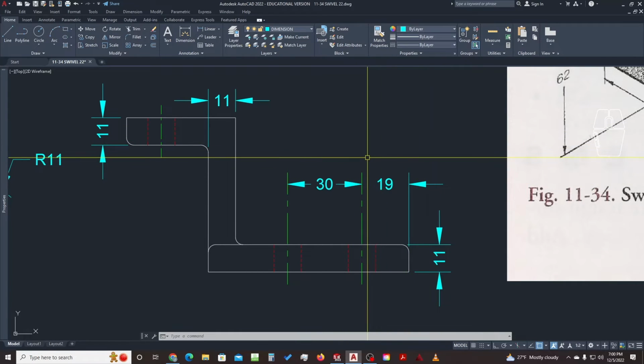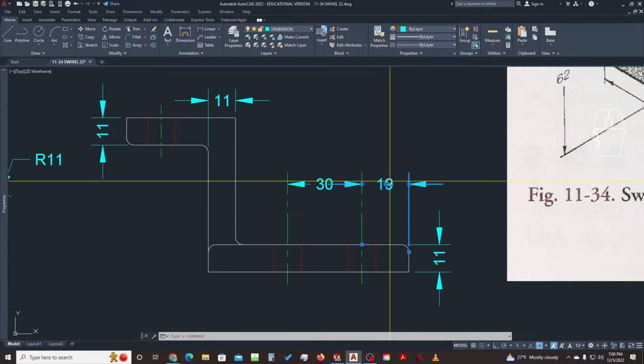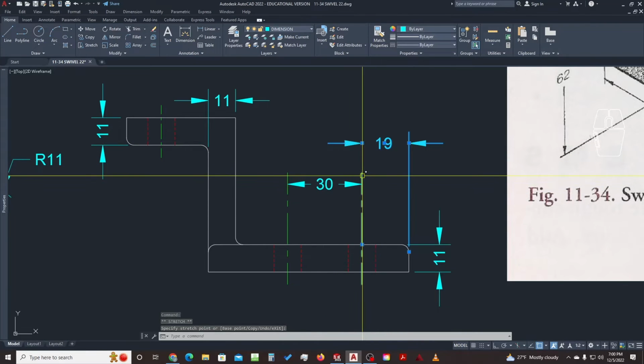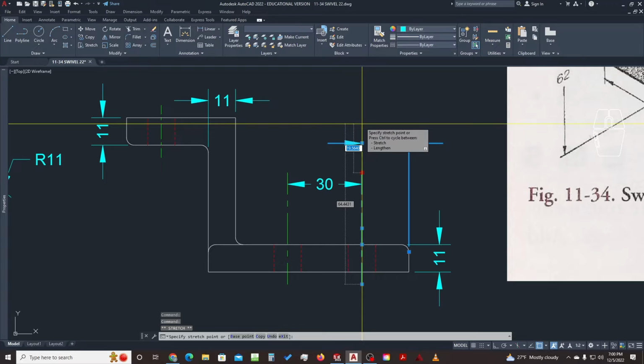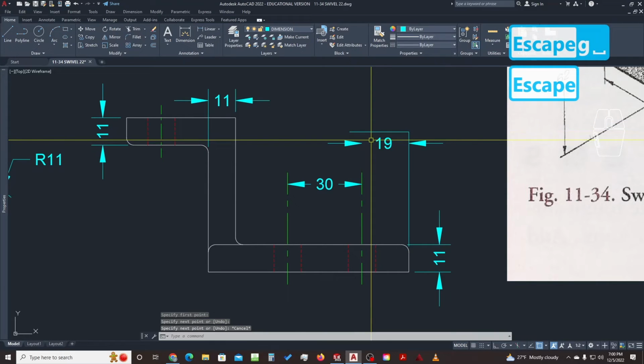And then if I want to move these dimensions up or down at this point, say I wanted to actually reposition them a little higher, it's a pain to do it and then have to move this, and I don't know where that position is anymore. I could draw a line, but to save myself all that grief,